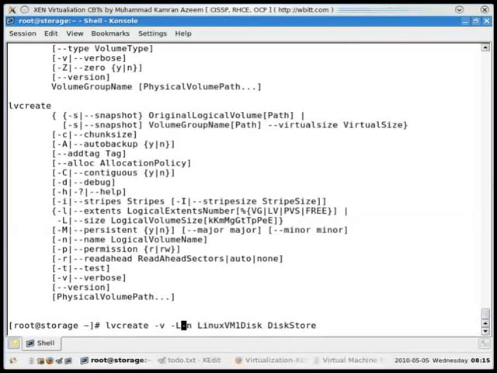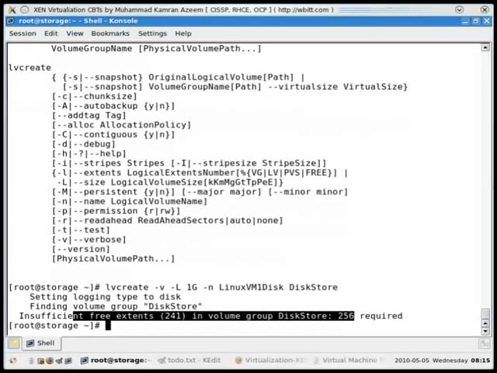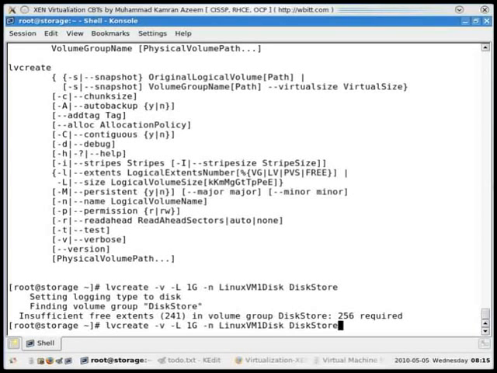So I can say 1 GB, which it will probably not honor because the size is less. Insufficient free extents. Okay, so I can either create a 900 megabyte